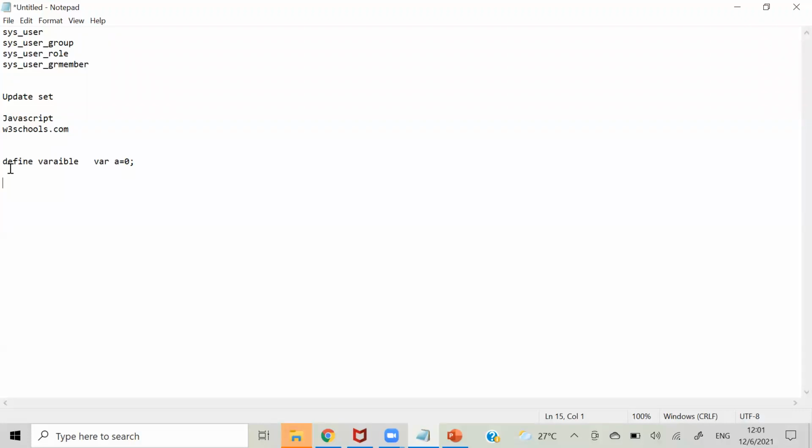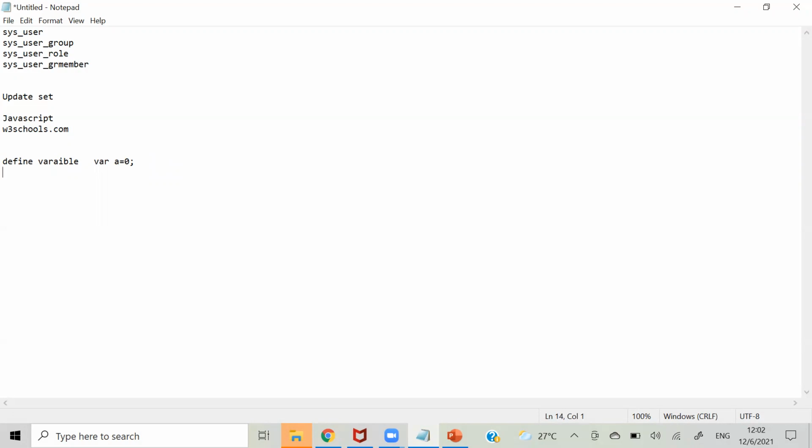Here we don't need a specific data type like int or string. For everything you can use var. No need for Int64 like we have in .NET. Var is the default data type, which will take numbers, arrays, objects, everything.